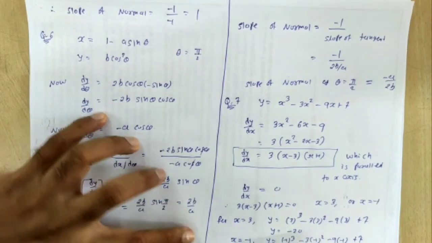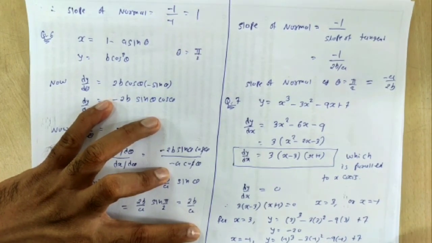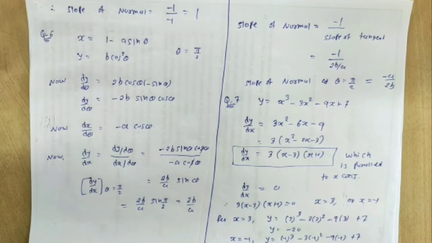So our answer is 3 comma minus 20 at this point, as well as minus 1 comma 12 for this point. If we draw tangent to the curve, it will be parallel to x axis. Clear? That means whose slope will be